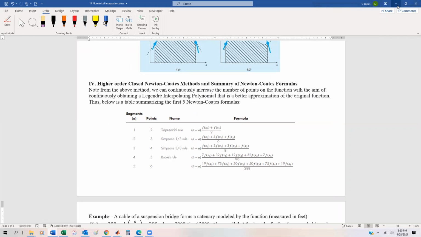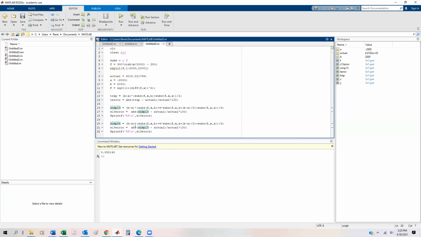All right. So check this out. We're going to keep the exact same thing. We're going to have the first one, and we're going to have 3 subs of a plus b minus a over 3. Now I'm going to copy this, and I'm going to have 3 subs b minus or f at a plus 2 b minus a. All right, so this is going to be the subs at, I guess technically we should just have this at a, and then this is b, just to make it a little bit easier for us to understand. All right, so we're starting at a,